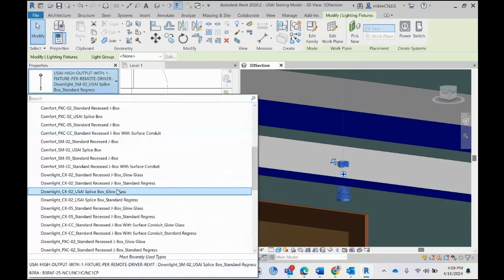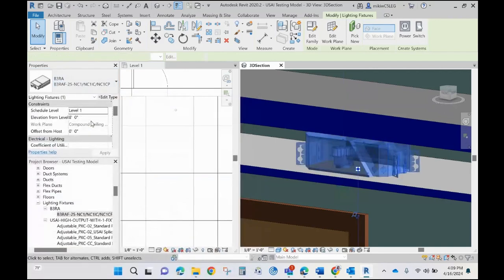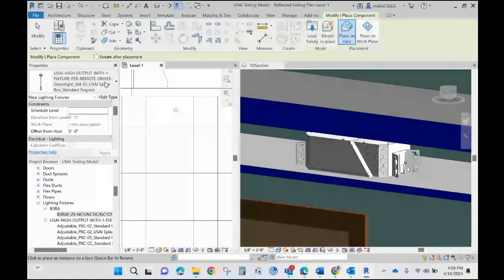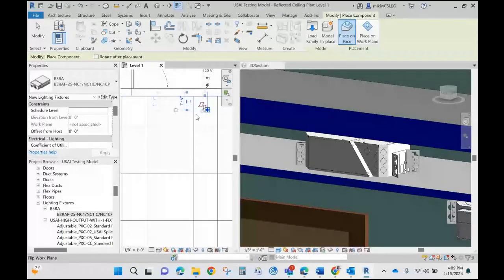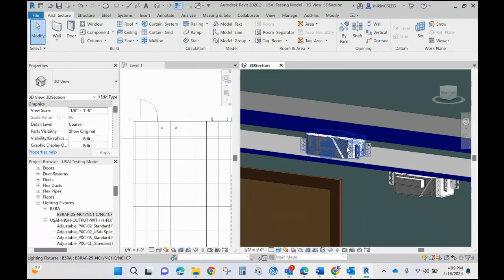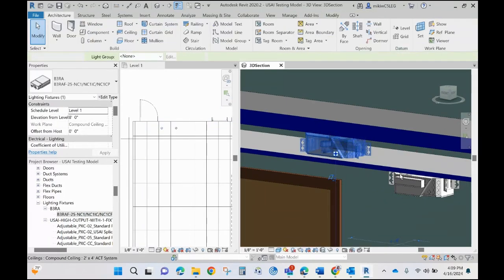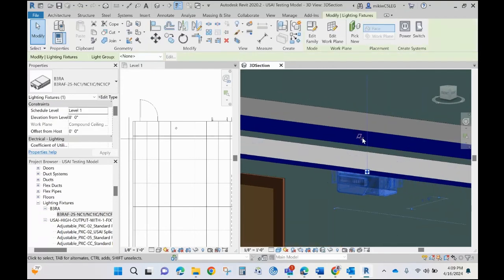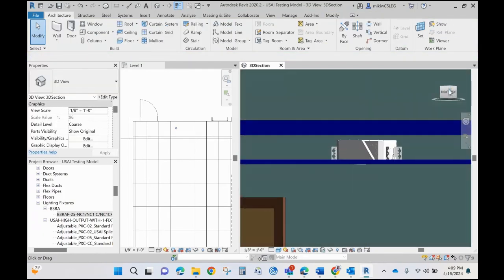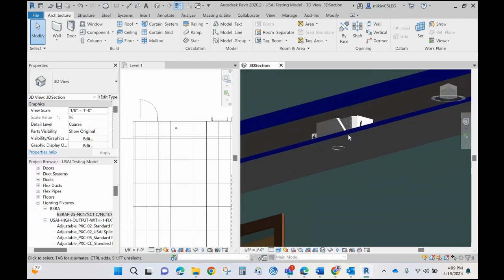If you wanted to input a recessed fixture, it's the same process. Place on face. And I would go into my RCP. Place right next to the cylinder. And you can flip it. Now the fixtures in the ceiling,